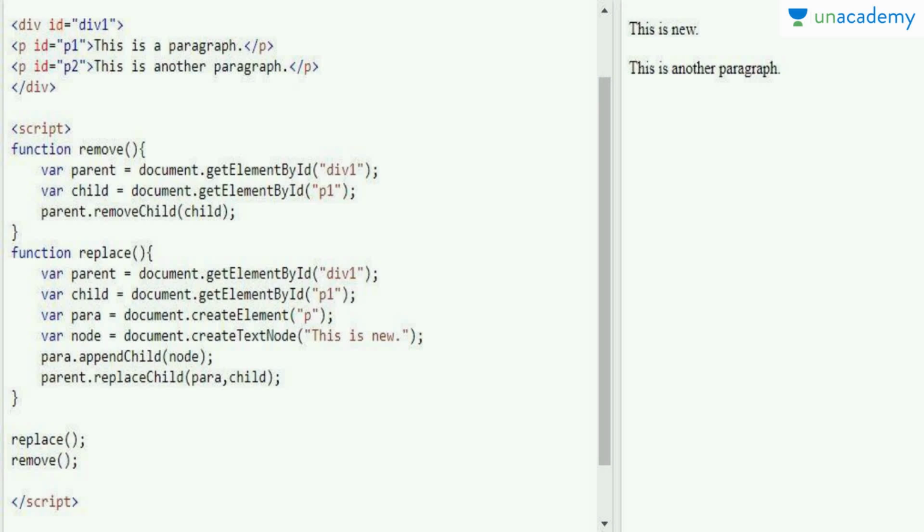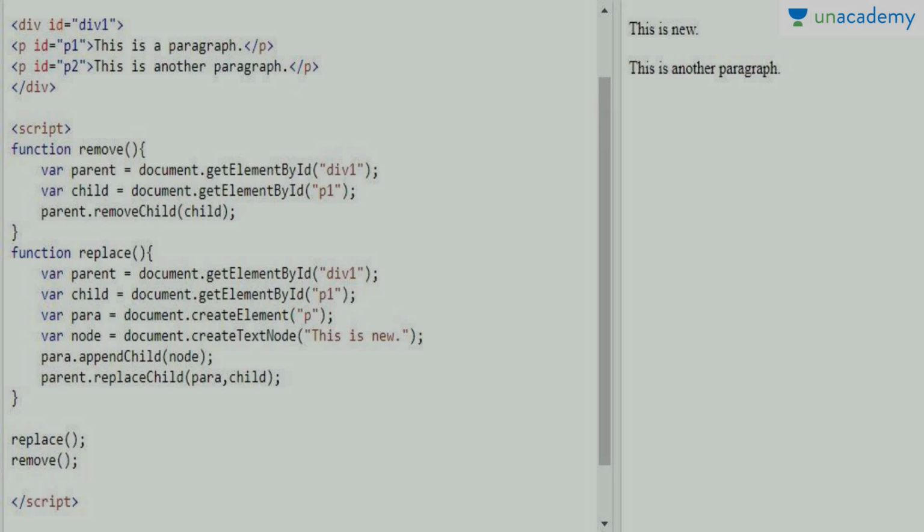So I have just changed one line of code. The remove function is not working because there is no such element present in the DOM at that time, because the replace method is called first. So I hope this is clear now.